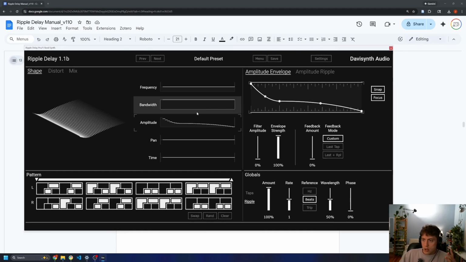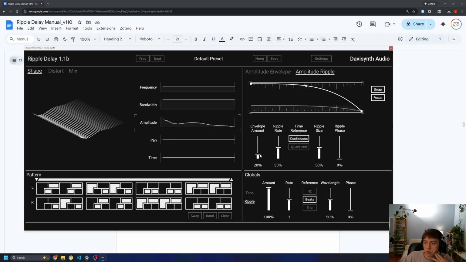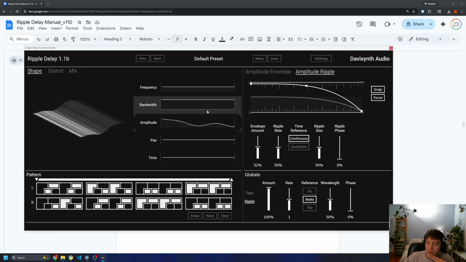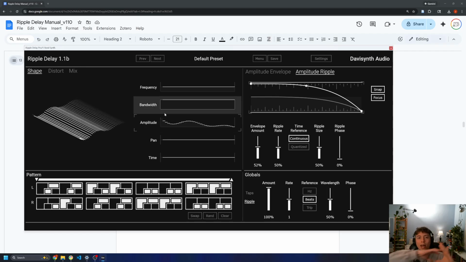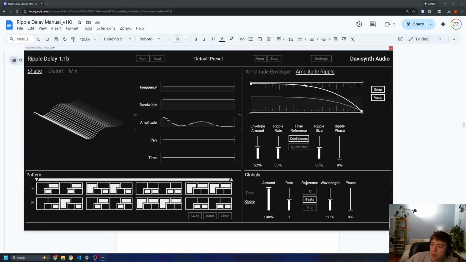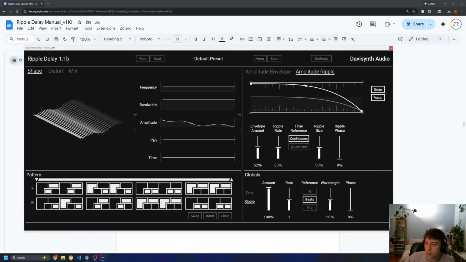So right now, this is our amplitude function, and it's basically exactly what we've drawn here. But what I'm going to do is increase the ripple envelope amount. And now you can see that on the amplitude, there's this wave moving across it. Now, ripple is controlled by the rate and the wavelength, which you can think of as the size. It's literally if you took the size of that wave and measured it, it's the length of that. So globally, we have access to this,